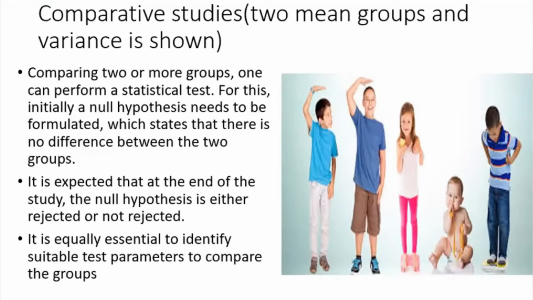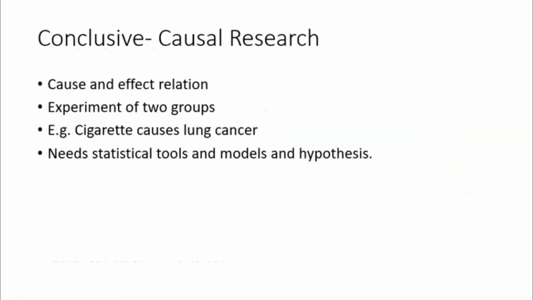If the height of male and the height of female are different, it doesn't mean that they are affecting each other. But when we come to the third type of research design, which is causal, then we say, yes, there are two columns in Excel, there are two variables. One is dependent, one is independent, and they are affecting each other.